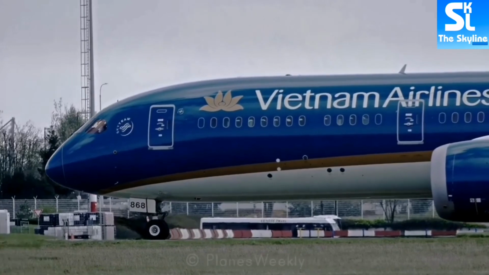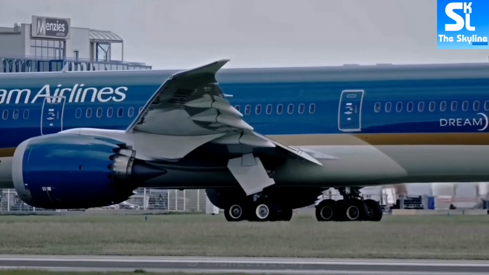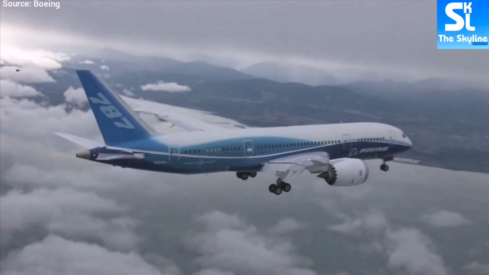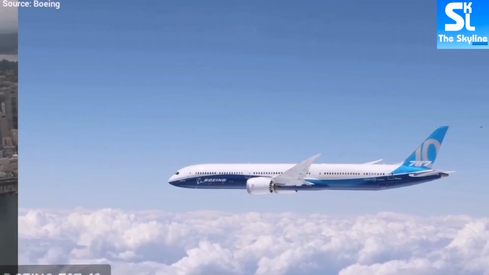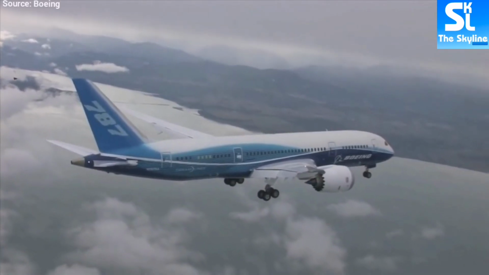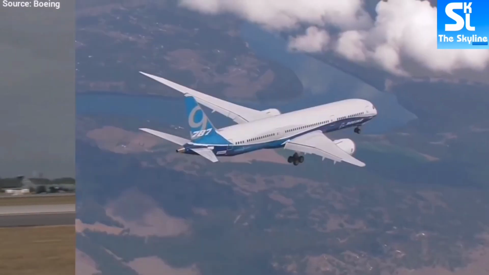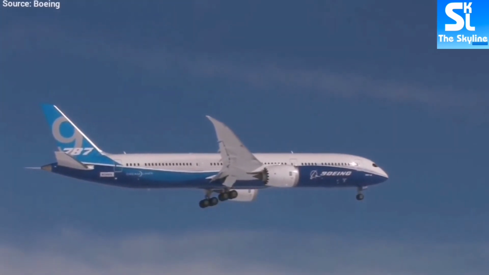And last but not the least is the Boeing 787 Dreamliner. The plane can be easily recognized by its aerodynamically contoured nose and its flexible wings, which flex whenever the plane is in flight. The family is made up of three variants, which are the Dash 8, the Dash 9, and the Dash 10. The Dash 8 is the shortest variant, while the Dash 10 is the longest variant of the family. If you see an airplane in between the two, it definitely has to be the Dash 9.